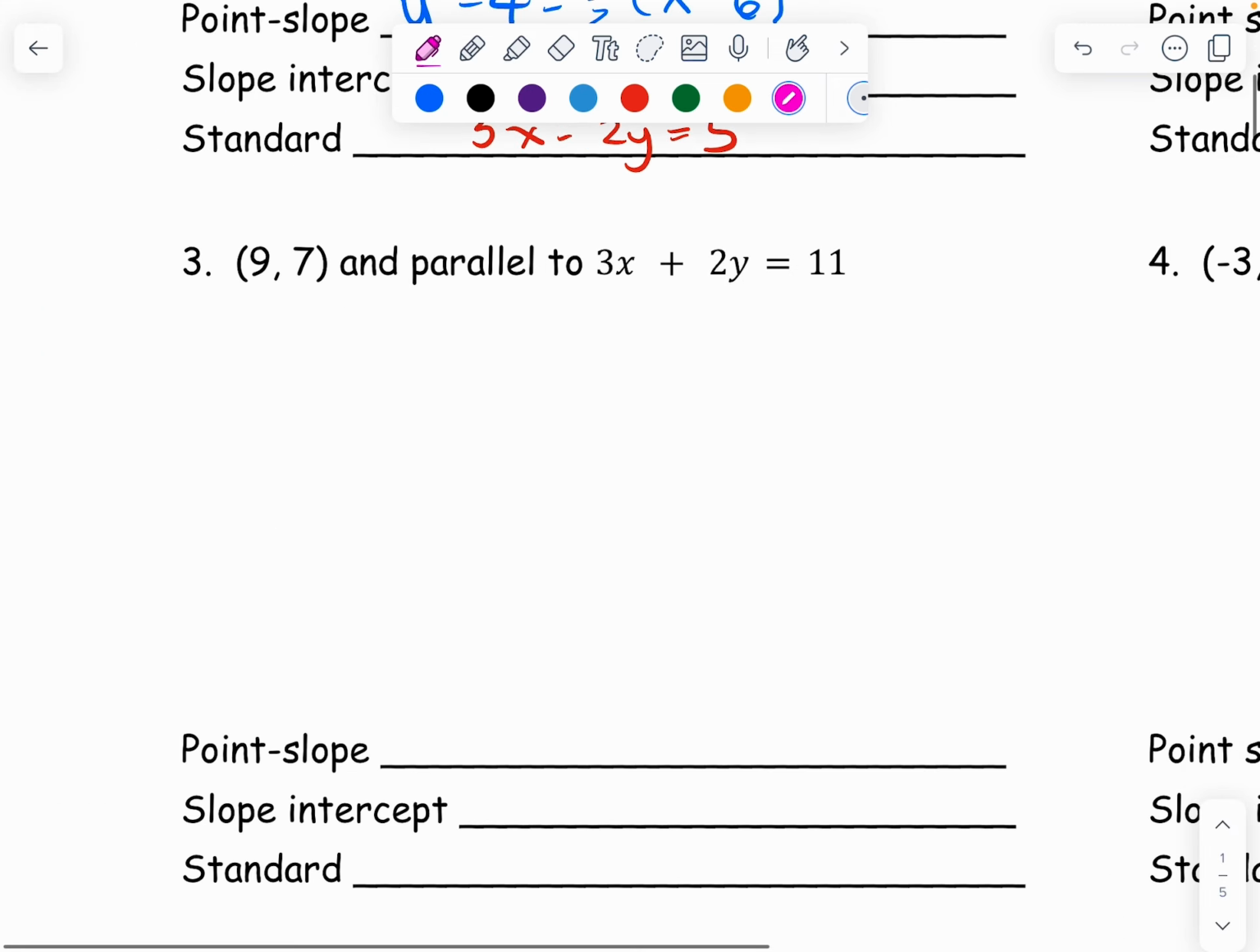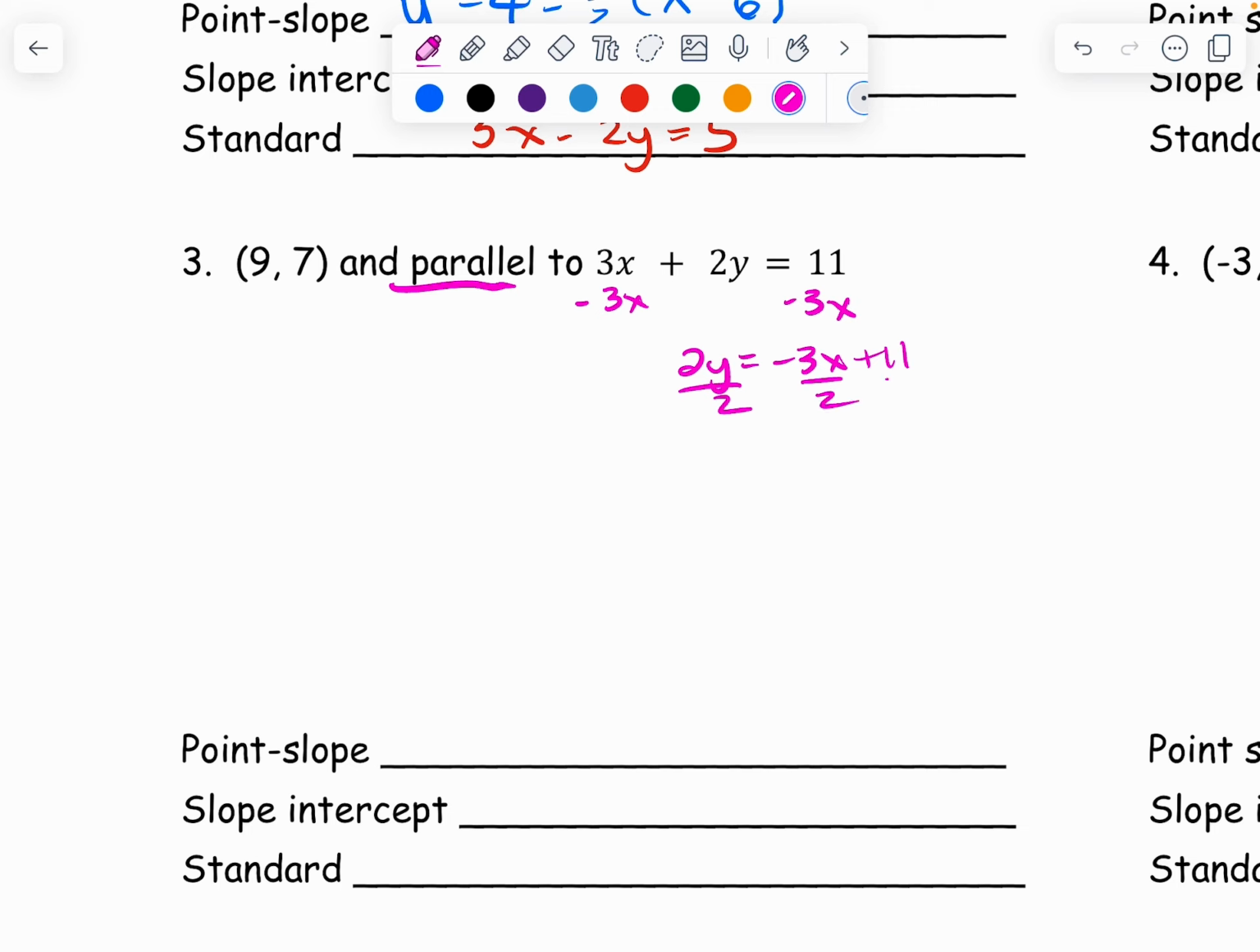Then, parallel means they have the same slope. But first I have to solve for y in order to know what that's going to be. I subtract 3x. I get 2y equals negative 3x plus 11. Divide everything by 2. y equals negative 3 over 2x plus 11 over 2. So the slope that I'm going to be using is negative 3 over 2. So y minus 7 equals negative 3 over 2 x